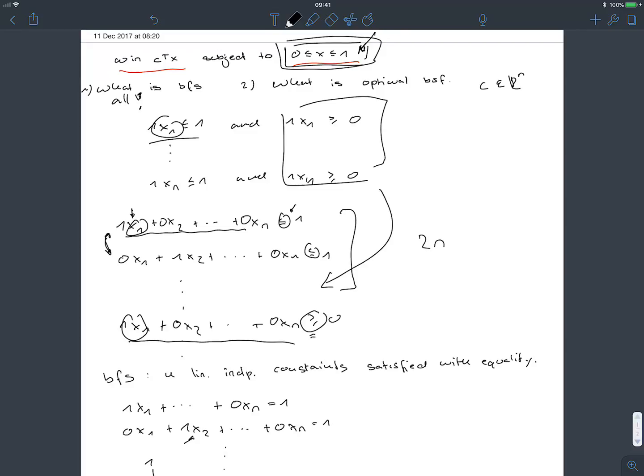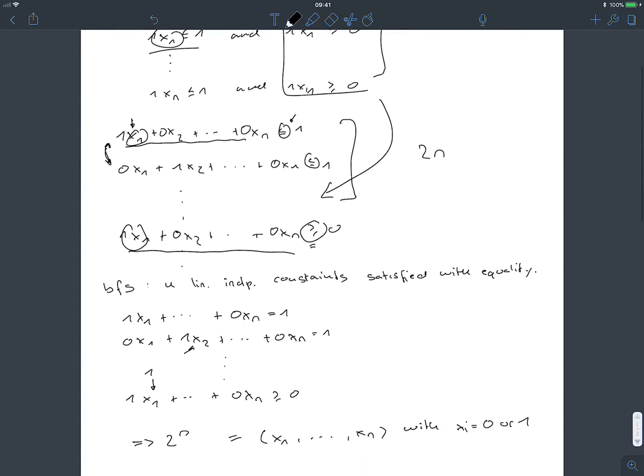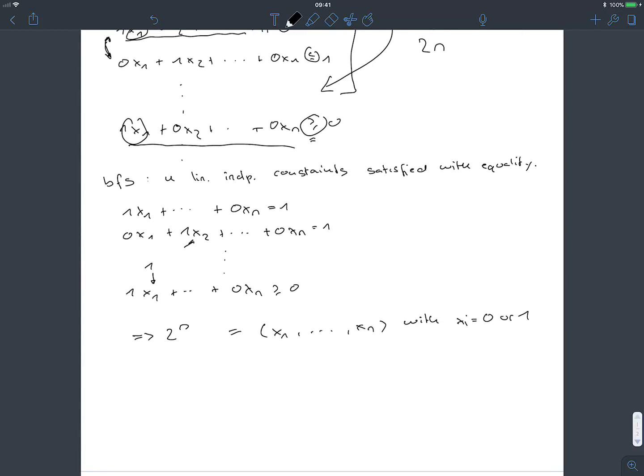So what we do is, if we have negative values, we take them as 1, and if we don't have negative values, we take zeros, right? So we take the optimal basic feasible solution,